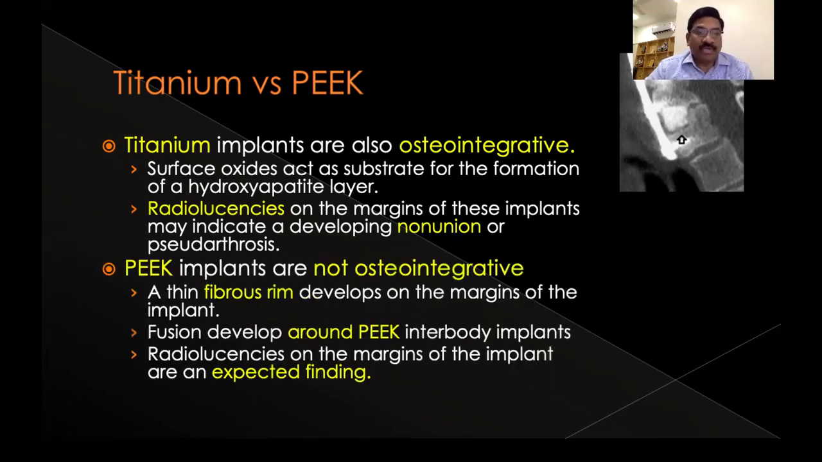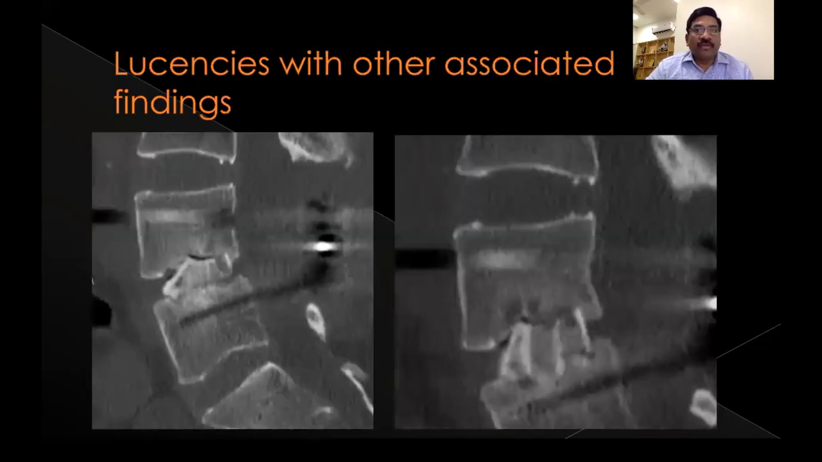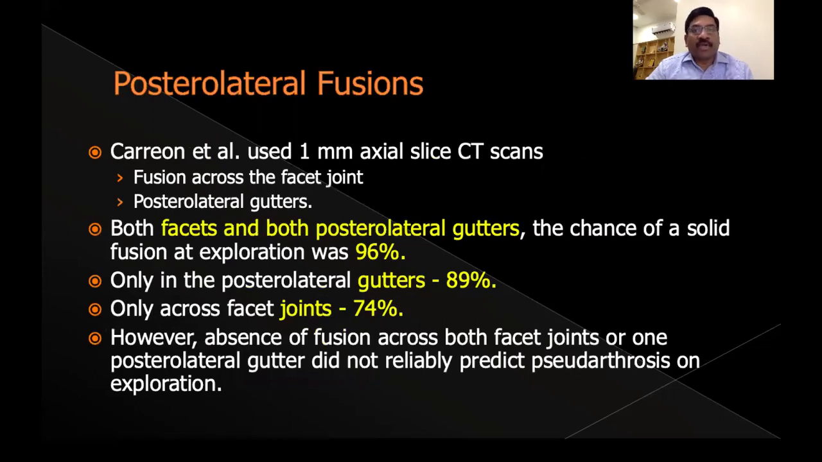But that's not true with the PEEK implant, because PEEK is not osteointegrative. There is a thin fibrous film which forms around the PEEK cage, and the fusion develops around this thin layer. So it's a normal finding with the PEEK cage, unless the radiolucency is too extensively seen. These radiolucencies sometimes are associated with gas formations and cystic formations, which are also indicative of failure of fusion. Coming to the specific types of fusions, posterolateral fusion is the one which is initially thoroughly assessed with